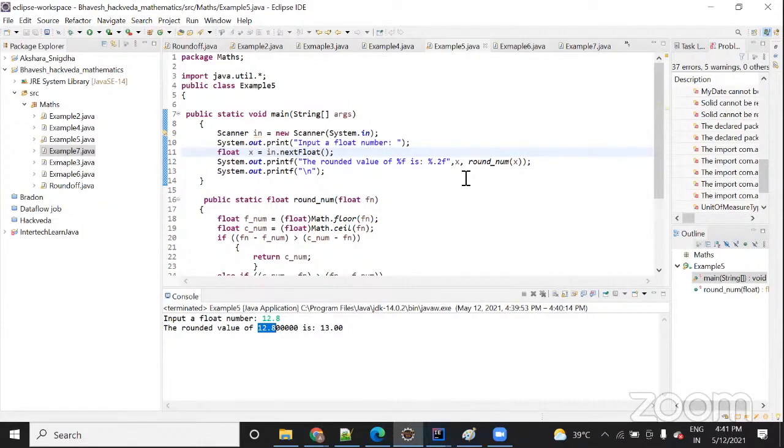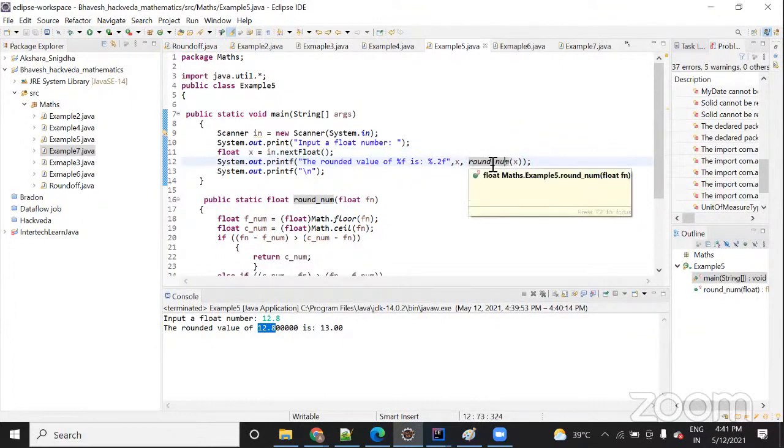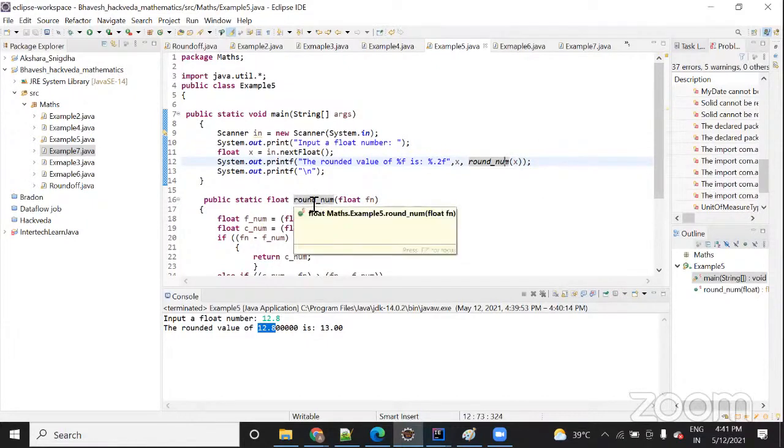So here I am calling the function round num. The flow will come to this function. You can directly use ceiling and floor, assign a value and find out the value of this.